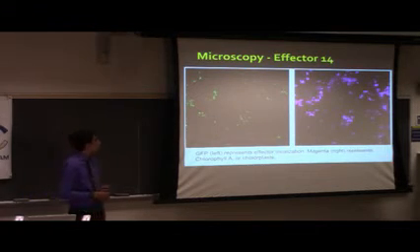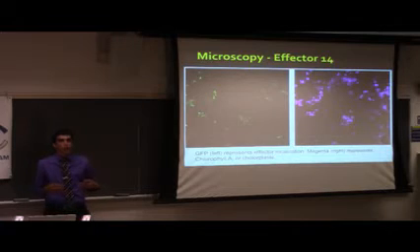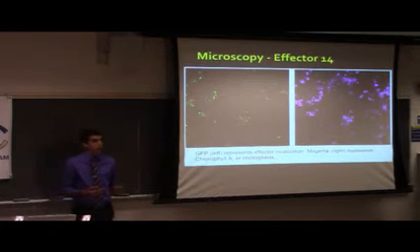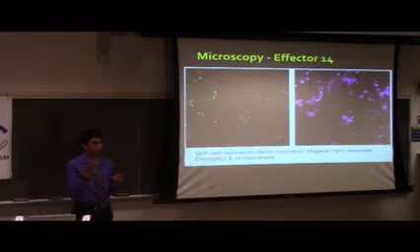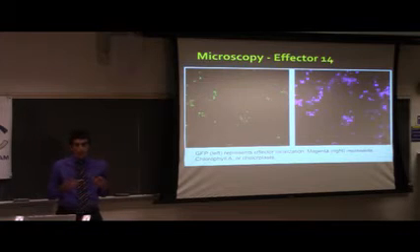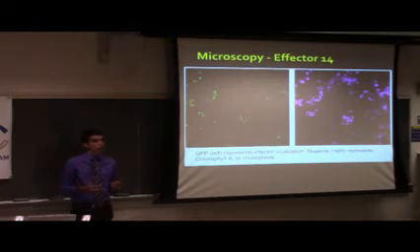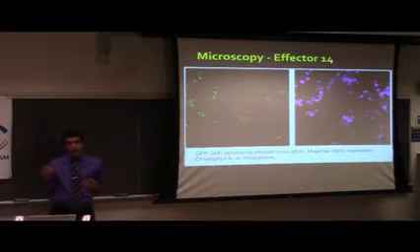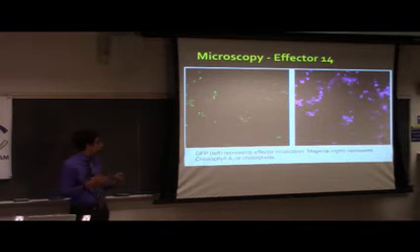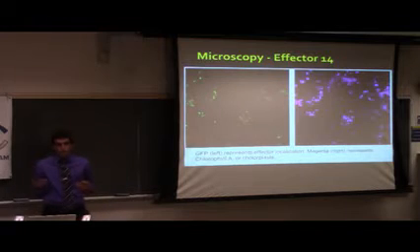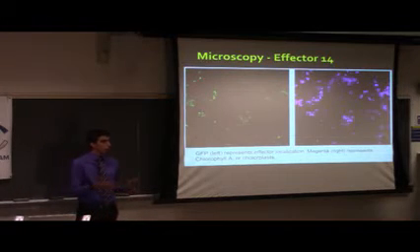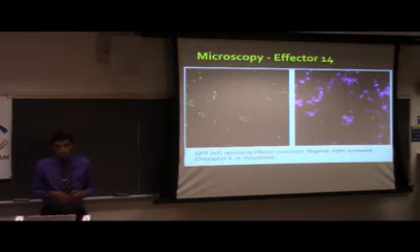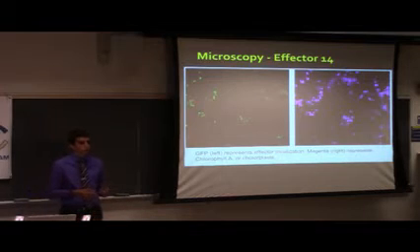So specifically for effector 14, we see that it localizes to the plasma membrane. This is shown with the GFP fluorescing from the plasma membrane, and we can confirm that these are not chloroplasts, since the pattern on the right and the left do not match. So wherever we see the chloroplasts is not where we see the GFP glowing, and that's where the effector has gone to. So effector 14 has localized to the plasma membrane.